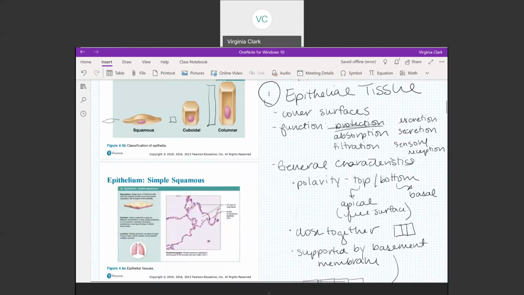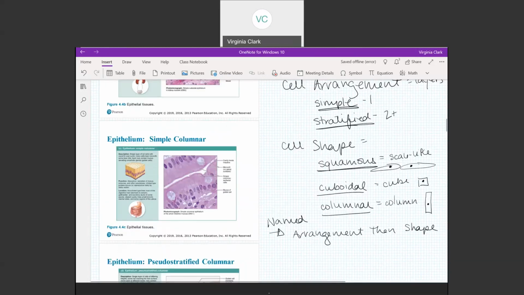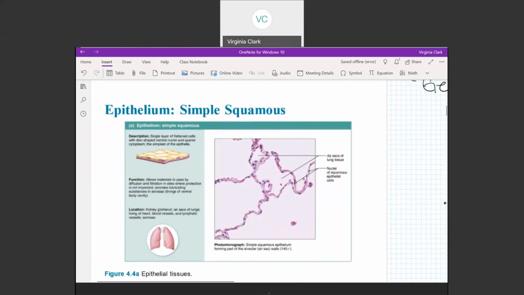So all epithelials will first start with arrangement, followed by shape. So all epithelial tissues will be named by the arrangement, followed by shape. So we're going to have simple squamous, simple cuboidal, simple columnar. Then we're going to have stratified squamous, stratified cuboidal, stratified columnar. So to zoom on over to these guys, I'm going to zoom in on this guy a little bit. This is our